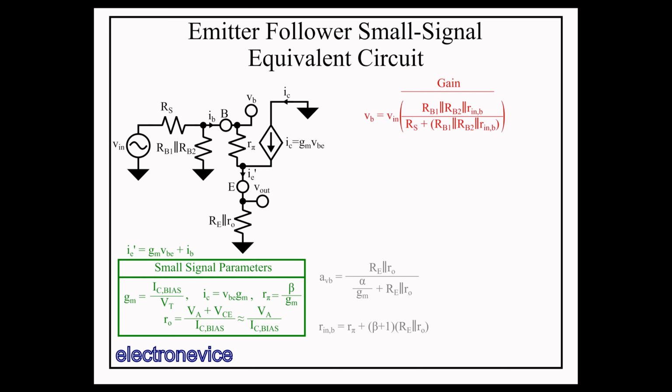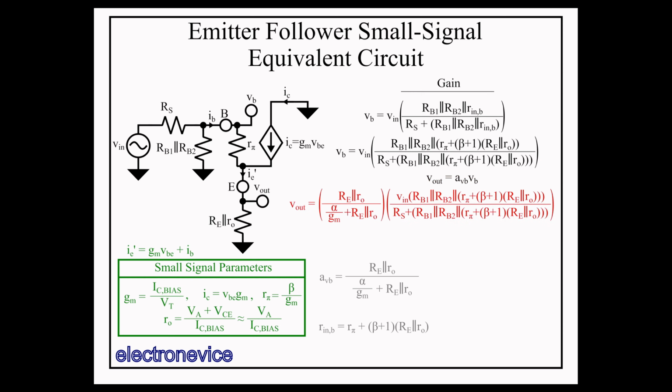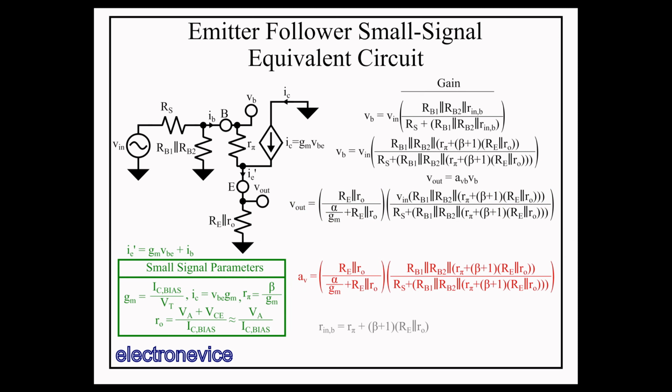Next we expand that equation out, and noting that Vout is equal to the gain from the base to Vout times the base voltage, we can compute Vout by substituting in the expression for VB in terms of Vin above, in for VB, and substituting in our expression for AVB we calculated previously, which can be easily converted to the overall gain of the circuit, AV, by dividing both sides by Vin. So this monstrous equation is our gain equation when incorporating the biasing resistors and the source resistance.